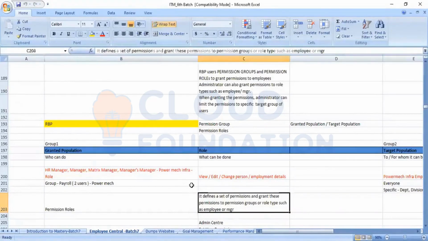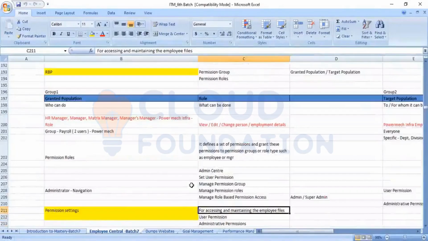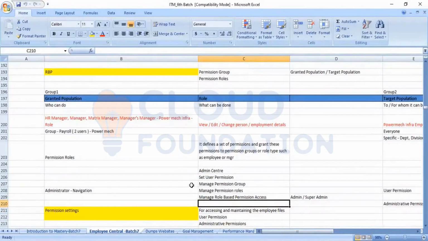Now when you come into the RDP, if you remember, we have gone with Introduction to Mastery, right? I told you when we were discussing provisioning, we need to enable certain functionalities from the provisioning, right. Languages are there, profile V12 are there, and we also see in RDP, we need to enable RDP. Whatever activity you are performing in the back end system will be reflected in the front end system.